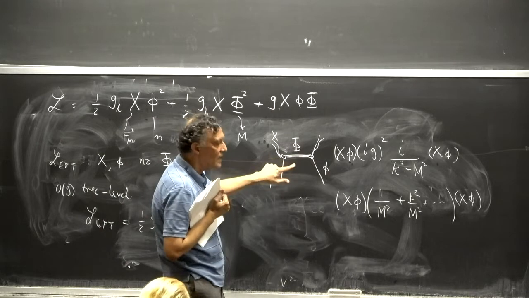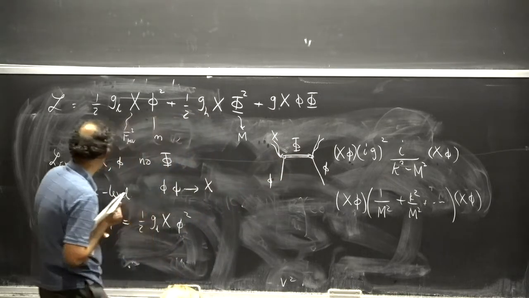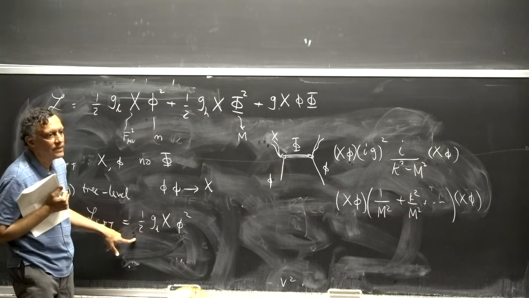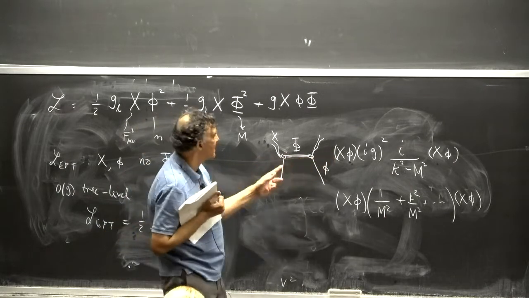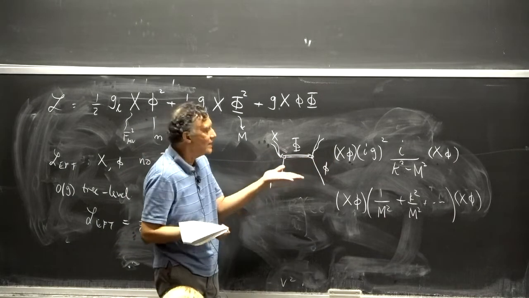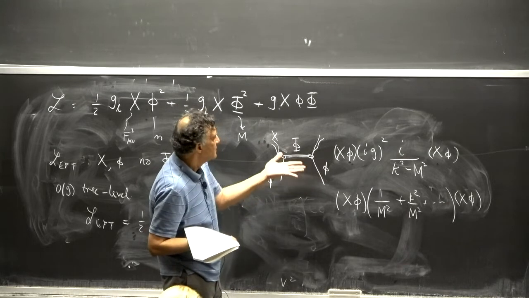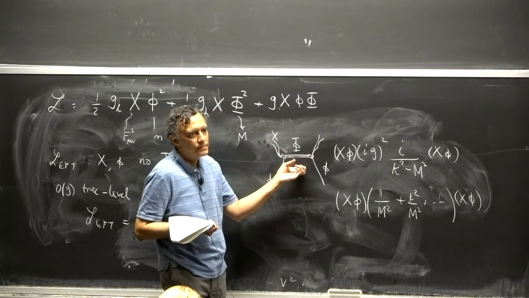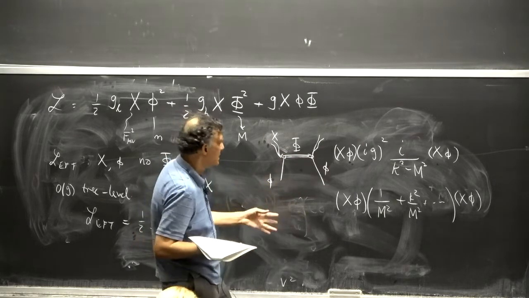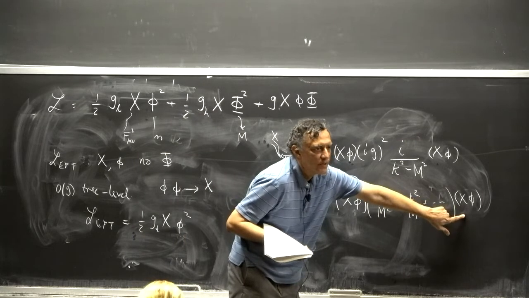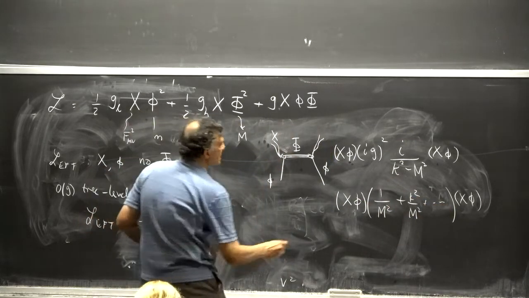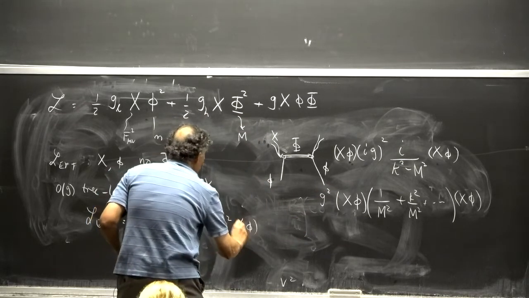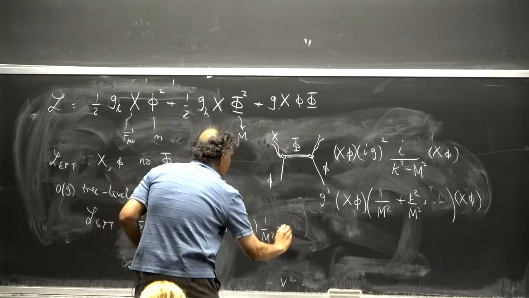Okay. So now, this diagram, this operator, which is all I have in the EFT, is producing some scattering, but it's not getting this amplitude right. It's missing this diagram. Okay, we're doing this in perturbation theory. And so now I need something in the EFT to reproduce this amplitude. And what is that? It's basically this, exactly like in the weak interaction. So I can schematically say there's some g squared, there's some x phi, 1 over M squared plus